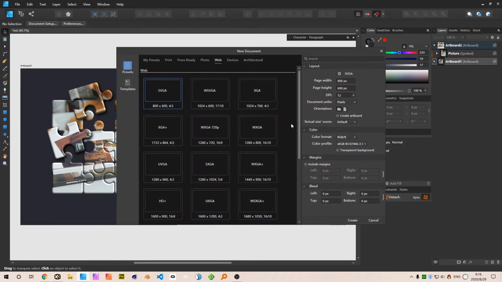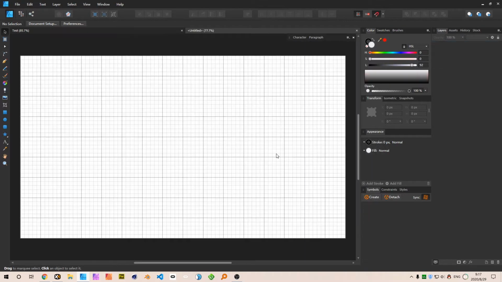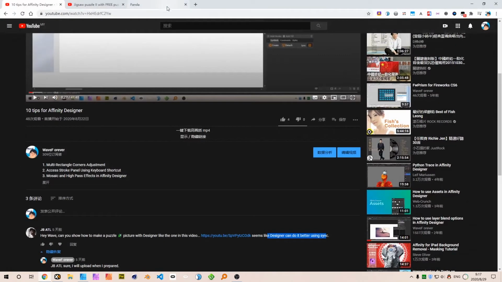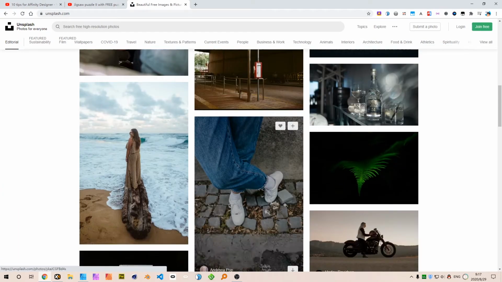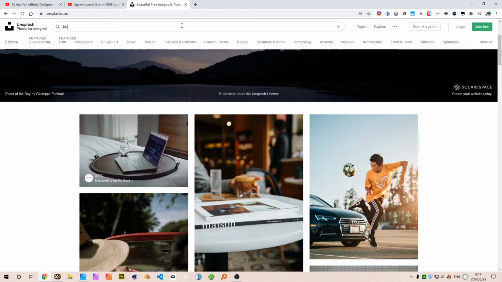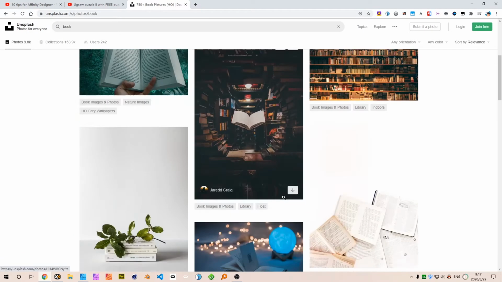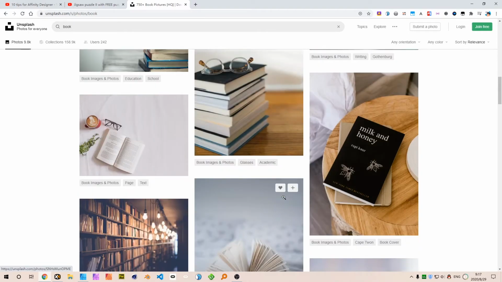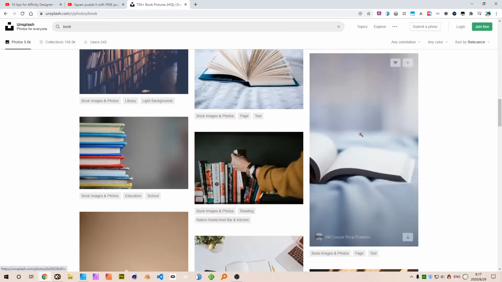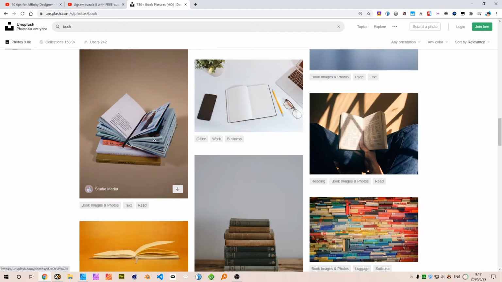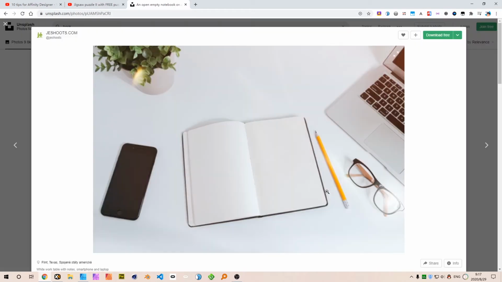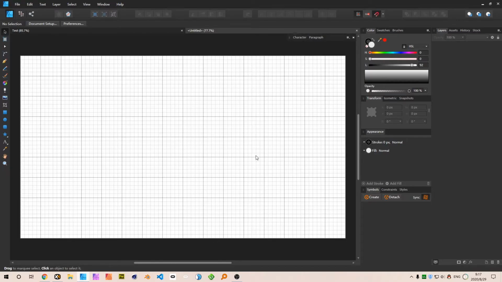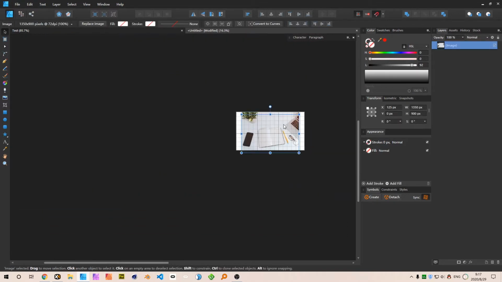Let's start from a new file. I'll create maybe a random size, and I need a picture, so I need to use Unsplash to find a picture. I want to start from the book, so let's pick, well, maybe this one, or whatever. I choose this one, or I want a little lighter. Just try this. Okay, and we paste the picture into our canvas